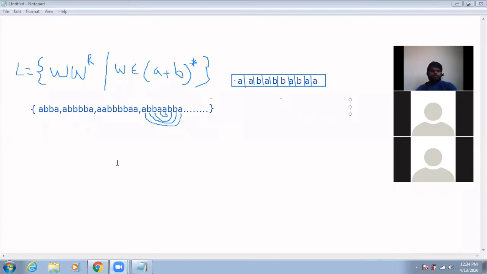The logic is very simple. Here let us take A, the same string I am taking, you try to listen: A, B, A, B, B, A, B, A. So what is this? My approach is, just listen to this approach. Construction is nothing.